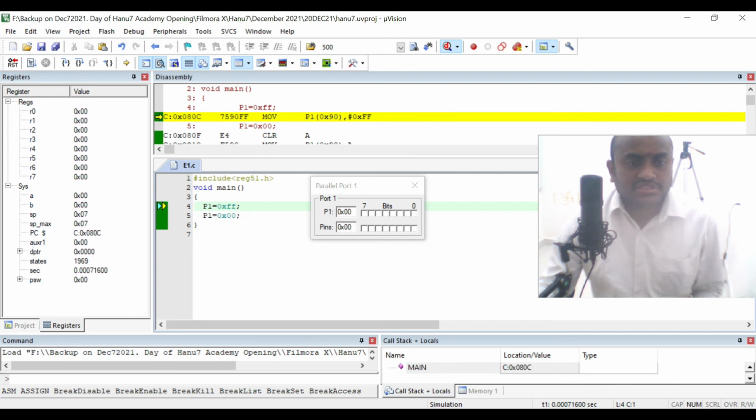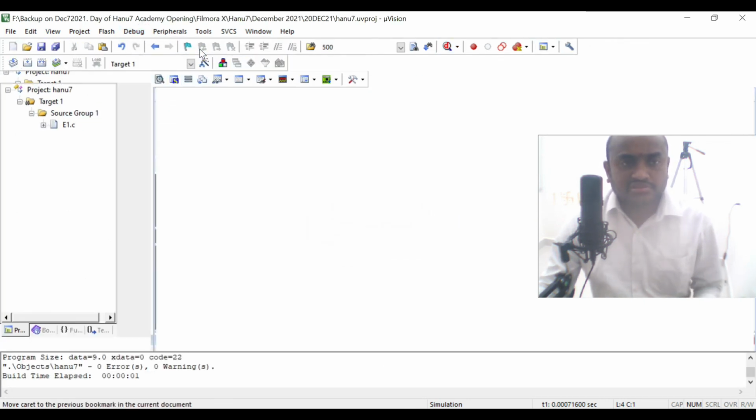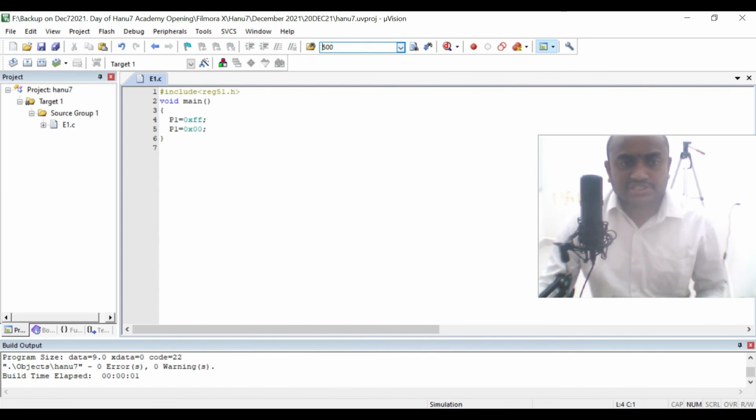So this is how you have to work with the program. Once you get the output, your primary job is to come out of the debug mode: stop debug session, and whatever changes you want to make to the program, you do only here in the normal mode, without entering the debug mode.